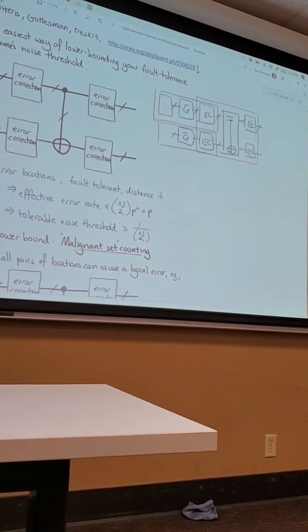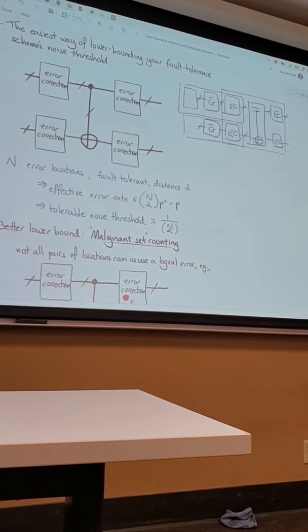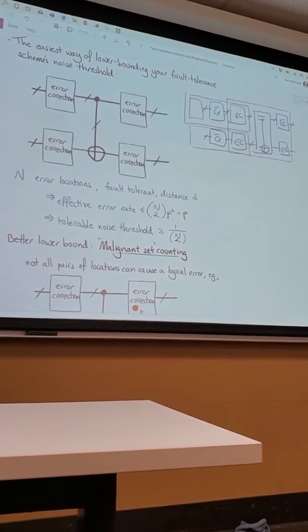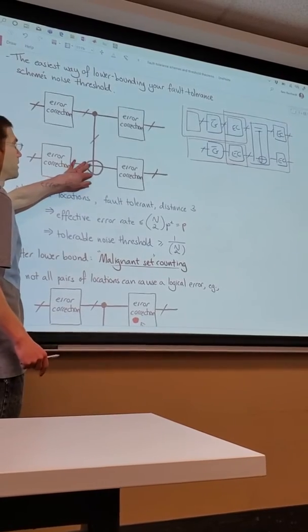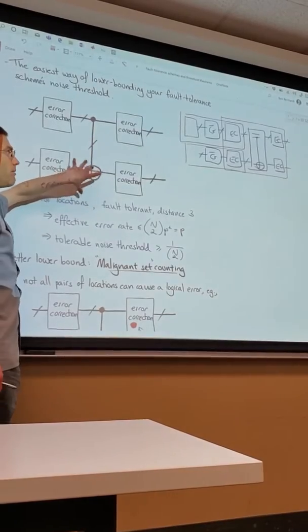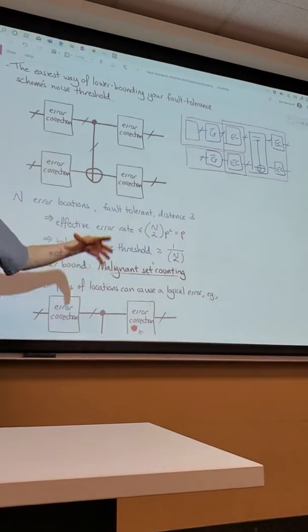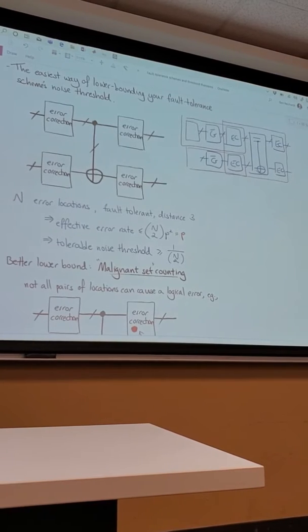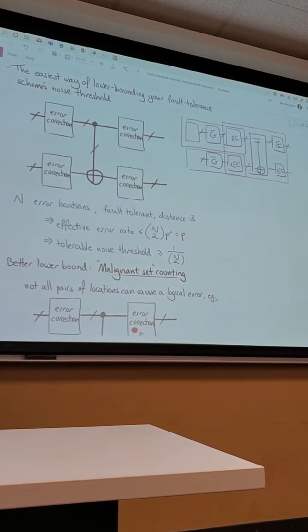So what they prove is that you can understand the logical behavior of your fault tolerance scheme just by understanding these extended rectangles. And really, most of the time, the most complicated gate is often the CNOT gate because it involves 2 code blocks. And so often it's the logical CNOT gate's extended rectangle that's the one that's most important for understanding your code, just because it's the most complicated one. So they proved a couple things.